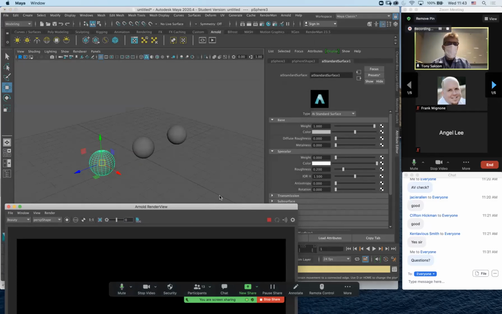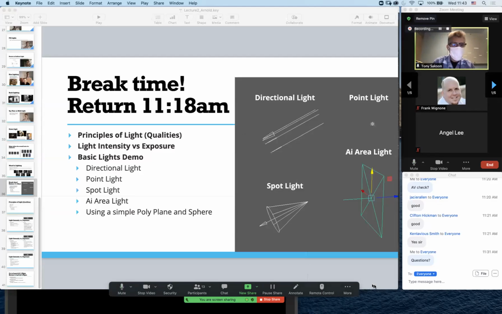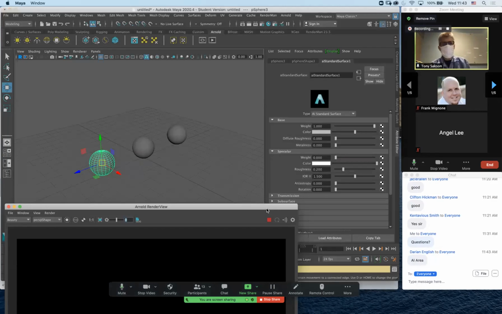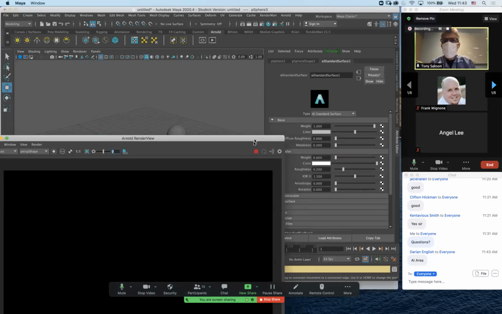So this is where we decide which light would you like me to demo first. Got directional, point, spot, AI area. Okay, we got 1 vote for area. Anybody else? Area. Okay, so, all right, good. Darian wants AI area too. So we're all in agreement. Everybody wants to see the cool kid first. All right, now,